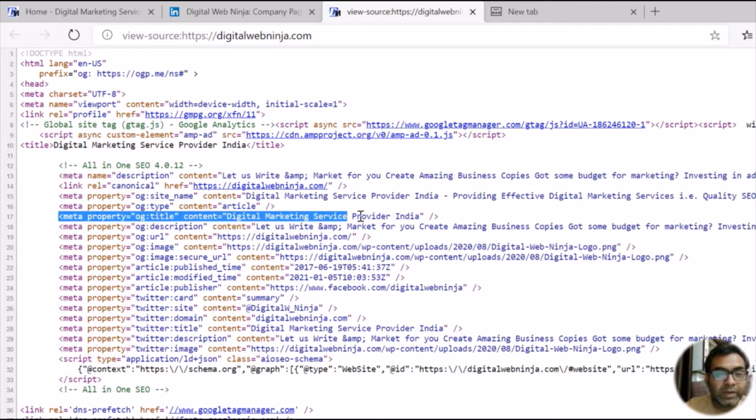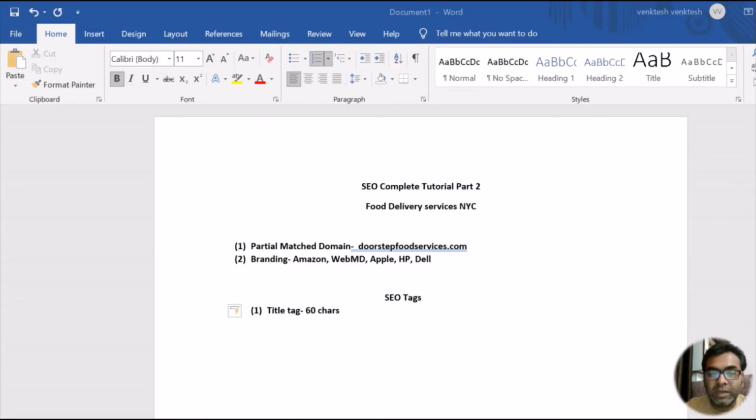You can see the meta property here. This is all about the title tag, which is the storytelling for the website in one sentence, even less than 60 characters. Coming to the next key tag, which is